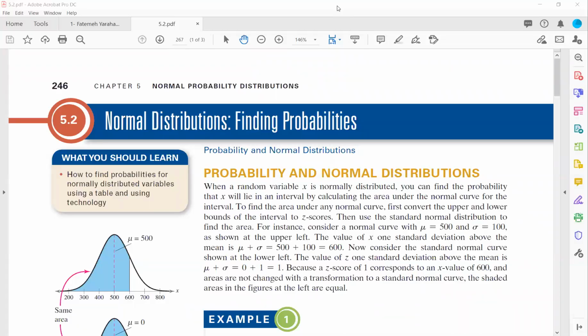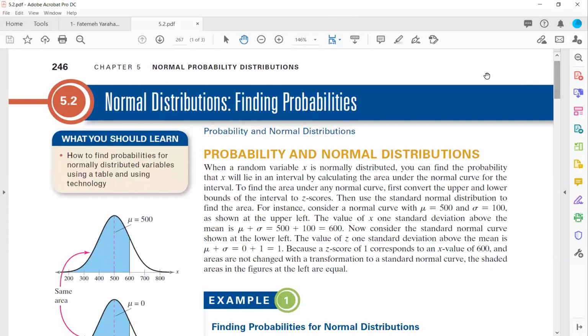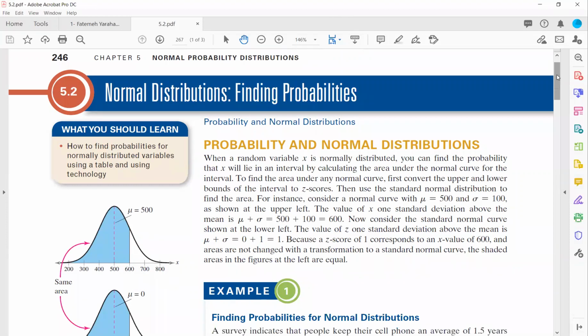Chapter 5, 5.2. We're continuing on working on normal distribution. Our goal in 5.2 is to find the probability for normal distribution. When you have a normal distribution for a continuous variable,